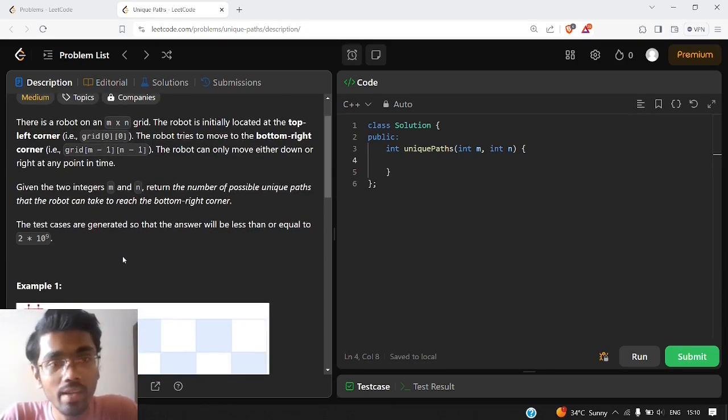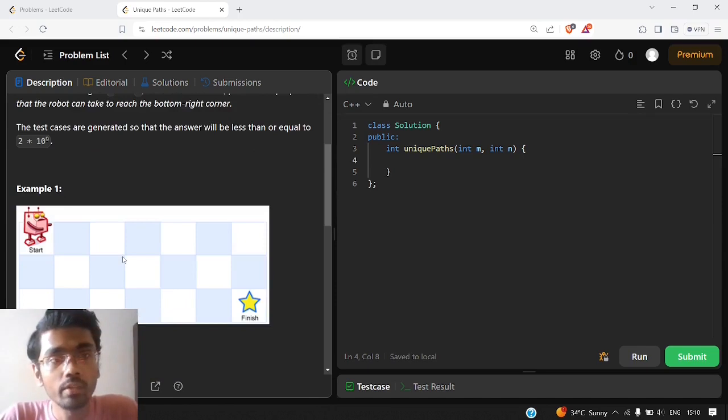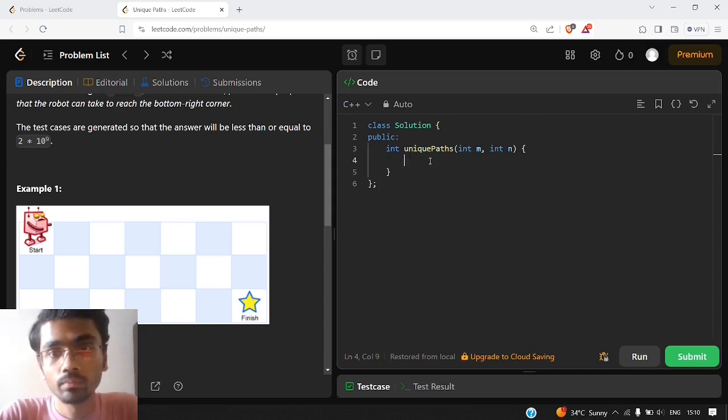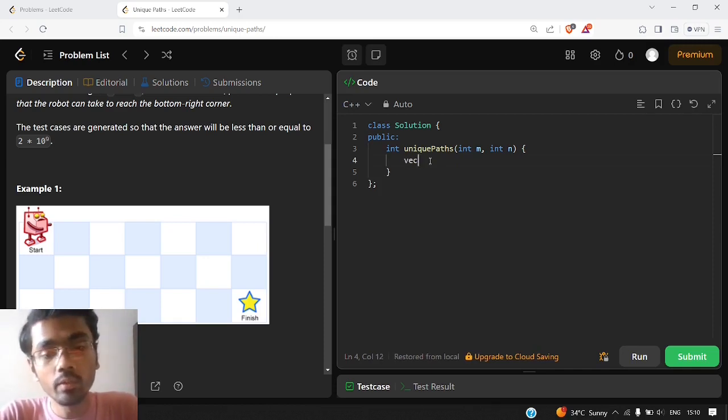We will now directly write the code because it's straight away recursion and then memoize it. So we will directly write the DP code. So let us write the code now. We need to initialize the DP.